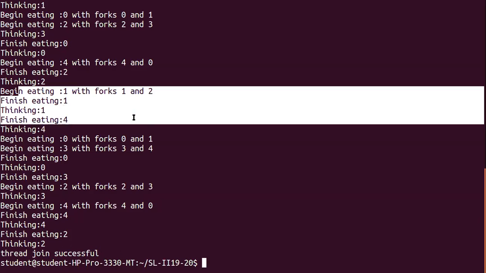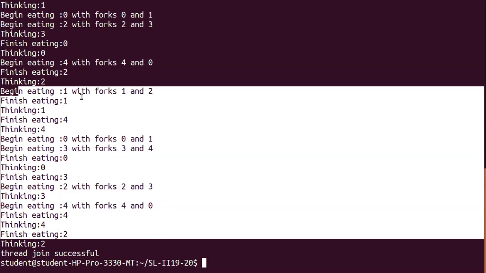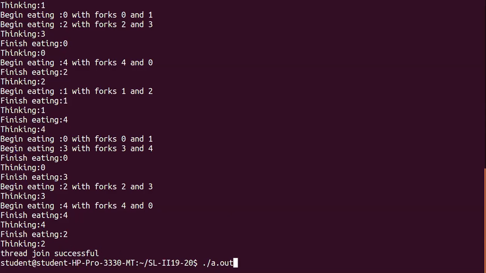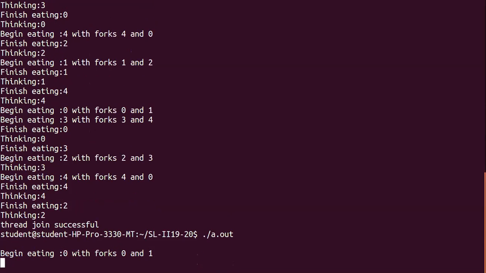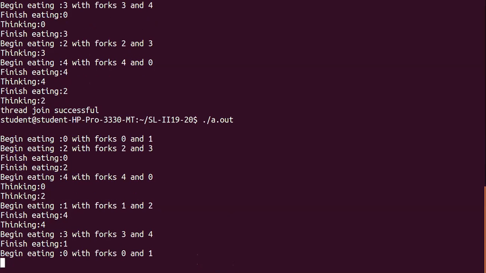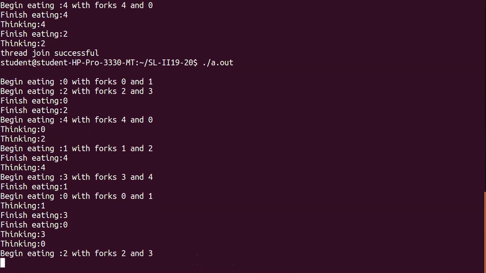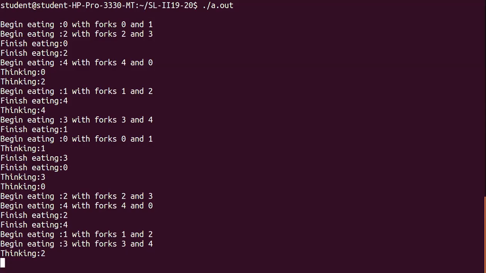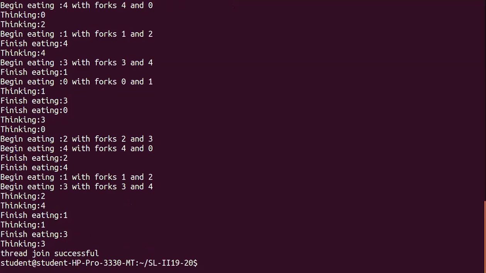So we have started the iteration like this, and we have completed 1, then 0, 3, 2, 4, every philosopher like this. The sequence is different every time we run it. You can see that when I run this, the sequence will be different, but the point is, sometimes 2 philosophers can start eating simultaneously, sometimes a single philosopher, as per the availability of the resources and the thread availability. It is running like this. So this is the output of the dining philosopher assignment.